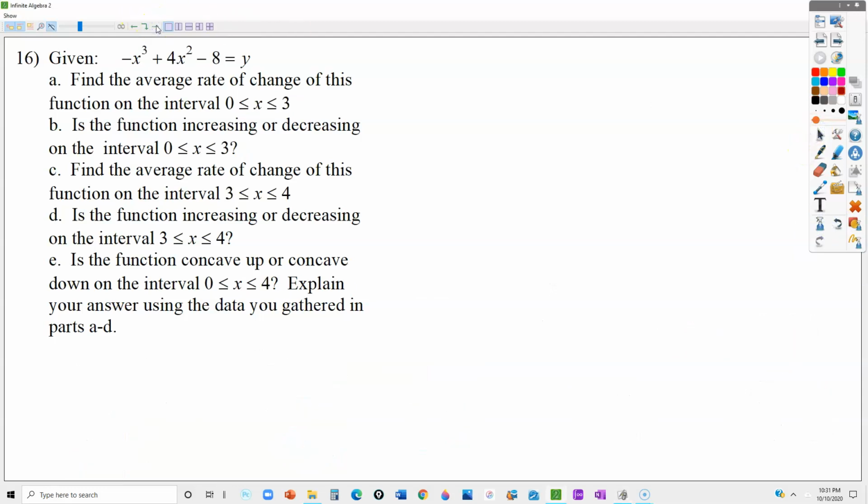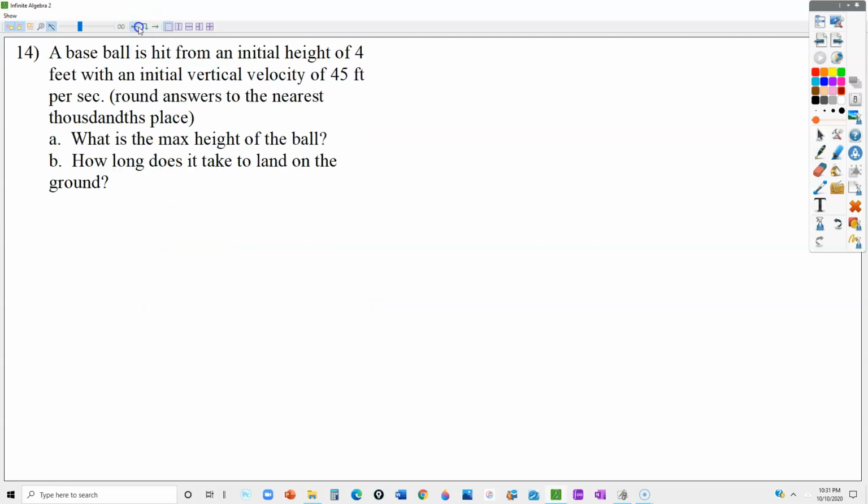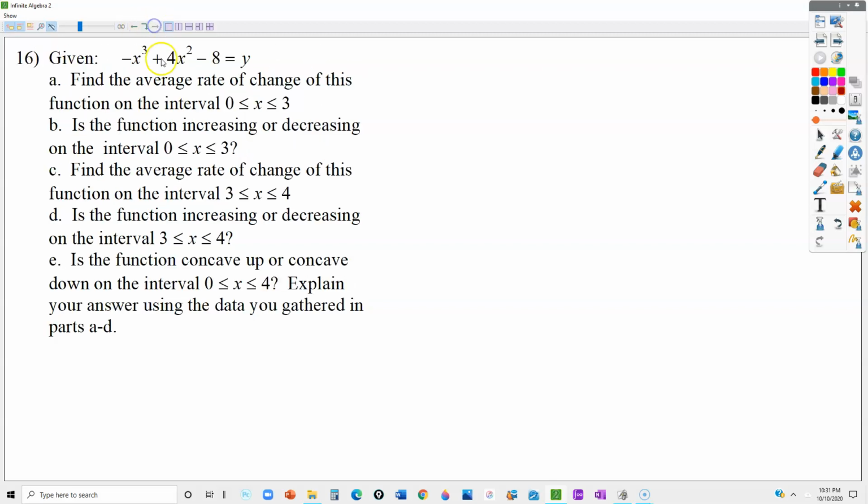All right, and that does it. On this one, I accidentally did the odd one. I meant to do the even one, but oh well. We'll live with that. I'll let you do the even one on your own. But if you have any questions, feel free to